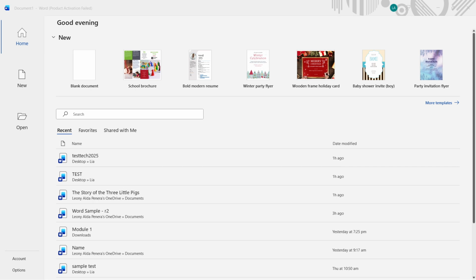That's all there is to it. Press Windows plus R to open Run, type WinWord, and press Enter. Keep this shortcut in your toolkit for a faster workflow, and use it whenever you want to jump straight into Word without any extra